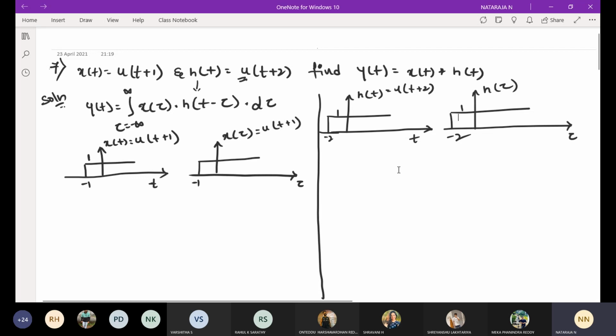Okay, now we have h of tau. I want h of t minus tau. Here t will be plus, tau will be minus. I want to add plus t here. Plus t here means if I will take